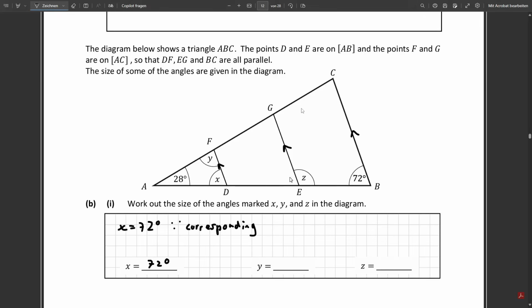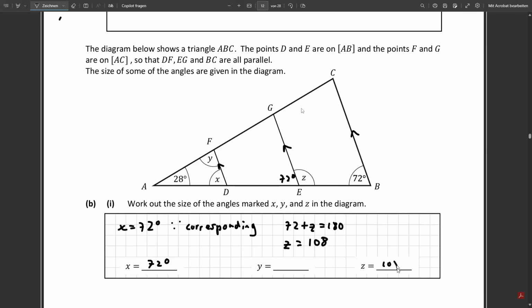And then you could also say that this angle here is equal to 72 degrees. Again, it's also corresponding. So you could say that Z plus 72 will be 180 because it's a straight angle. So it's a straight line, 180 degrees. So 72 plus Z is equal to 180. That means that Z is equal to